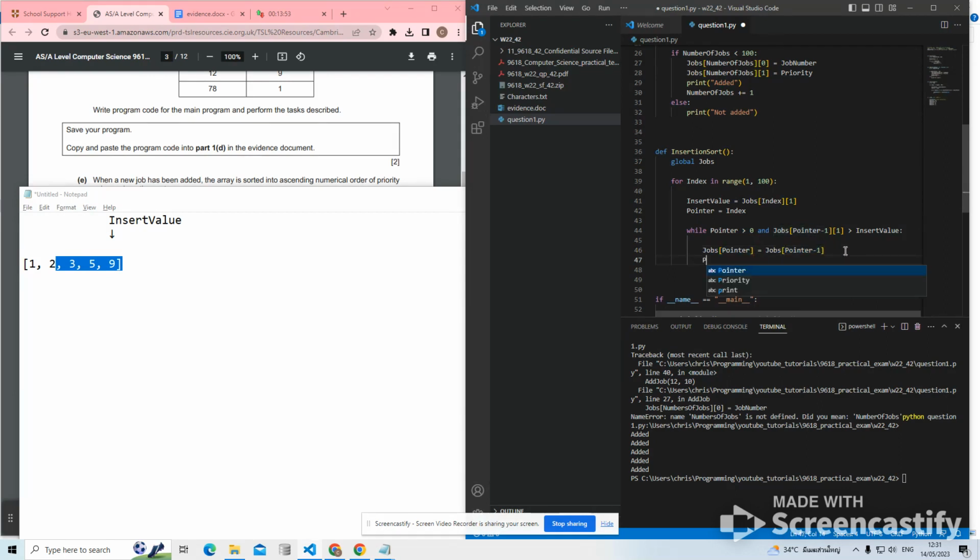And then what we need to do is keep going down. As soon as this loop exits, either we'll have got to the start of the list because pointer will be 0, or we'll have found the correct position to insert the item in. Once the loop has exited, we can just say jobs at pointer should be... okay. Let me just change the way we're going to do this,